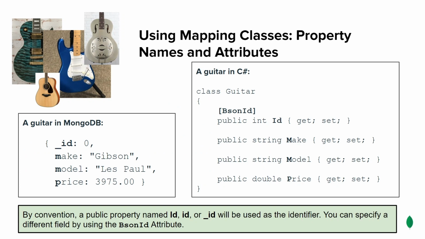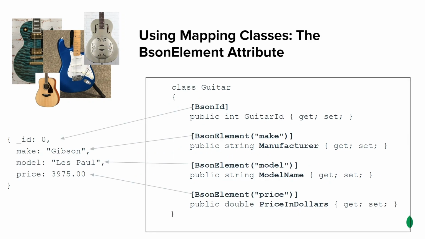You can specify a different field if you want by using the BsonId attribute. We'll look at attributes in the next slide. But you can see that otherwise, this will work. We haven't told the driver anything about how to map these, but because they have the same names other than the initial capitalization, the driver is smart enough to say, you're looking for something called Make with a capital M, here's a make in the data store with a lowercase m, I'm going to assume they're the same. Now, assumptions can be dangerous,